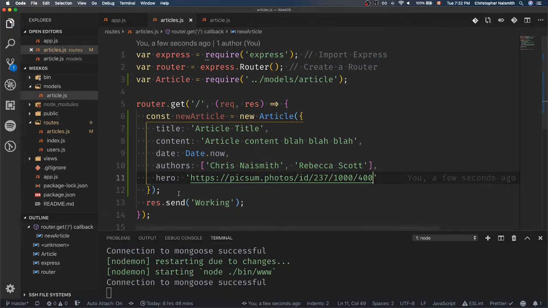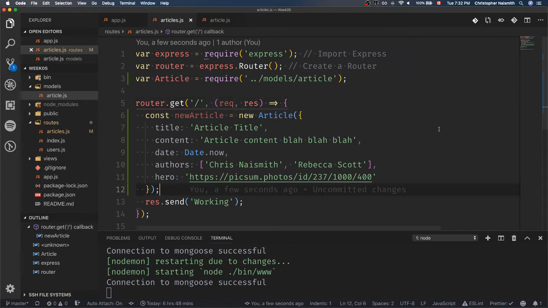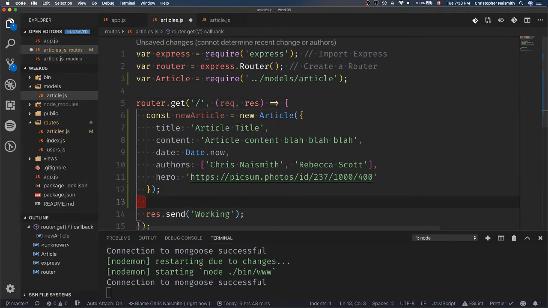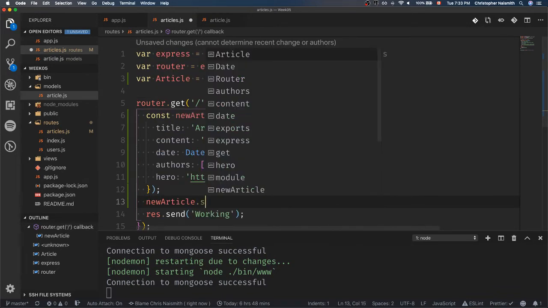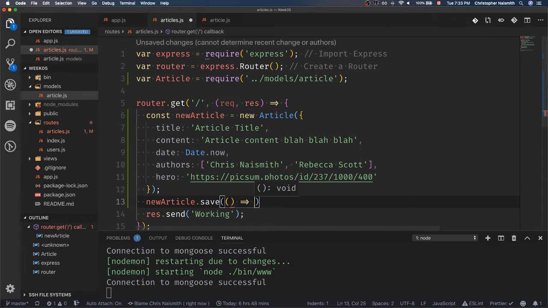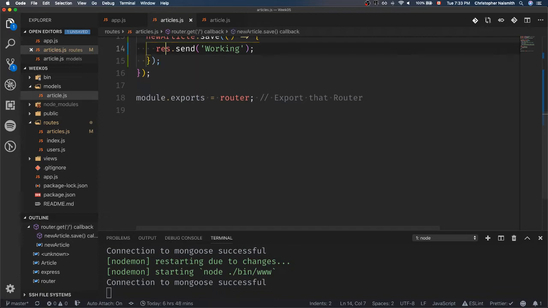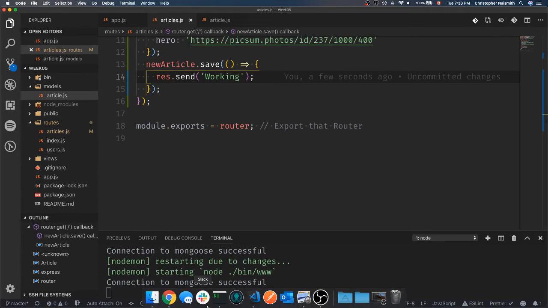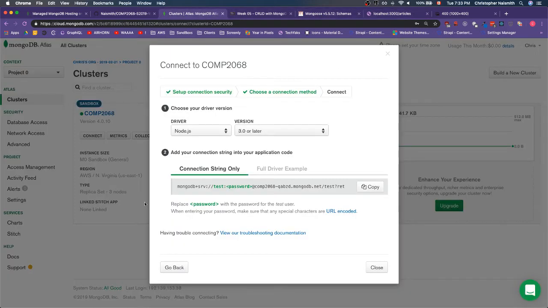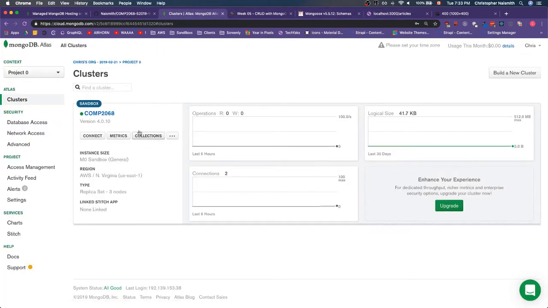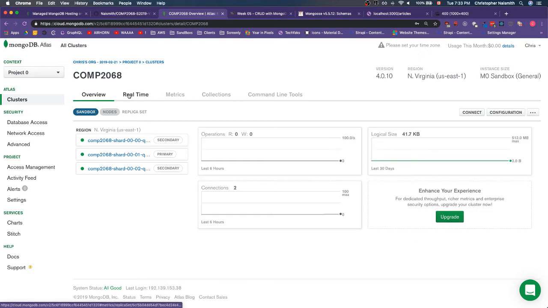So now, as mentioned, I am creating an article that is only in memory. If I wanted to actually save this, then I also have to use the save method. So if I say newArticle.save, that will have a callback function, and then I will wait to send back until it's saved. So if you want to see it working, if you are using it on your machine, or you can just follow along up here,